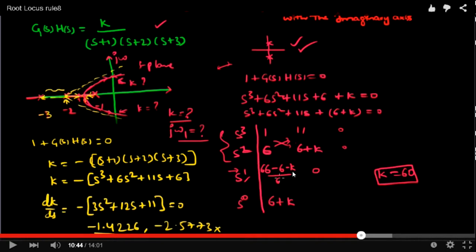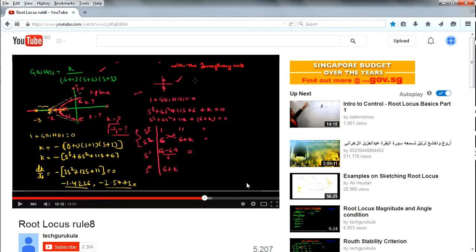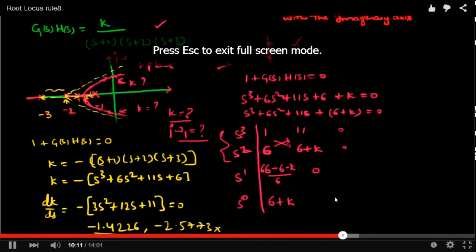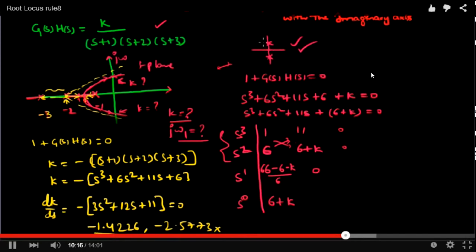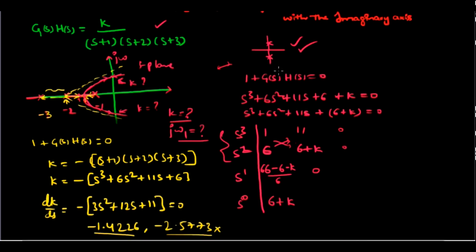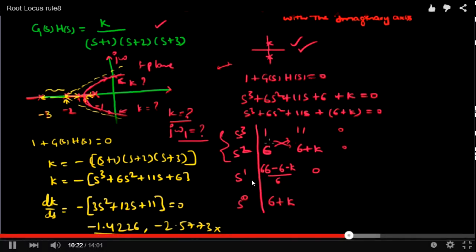So in order for this thing to be 0, you have to make it equal to 0. And if you remember, we just come back again. It will be odd numbers, so 1 and 3, the whole row should be 0, but in this case there's no k, so therefore you just leave it. If you have k, then definitely the k has to be a value of 60.